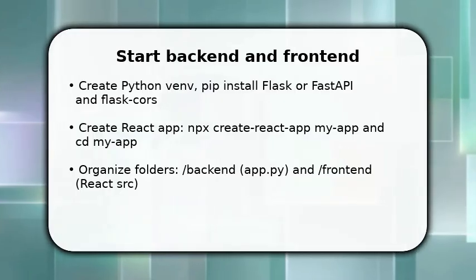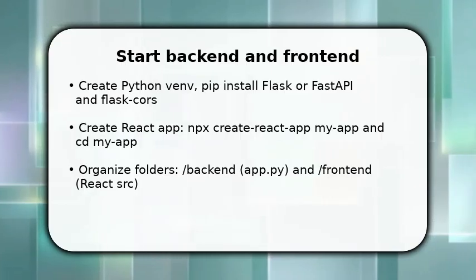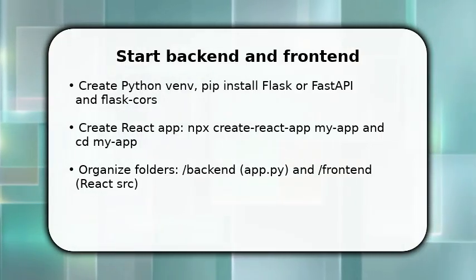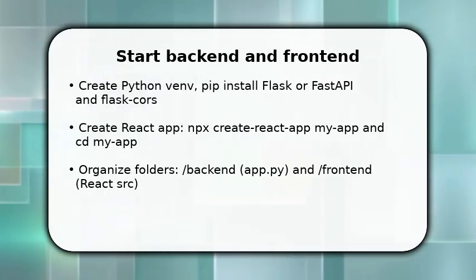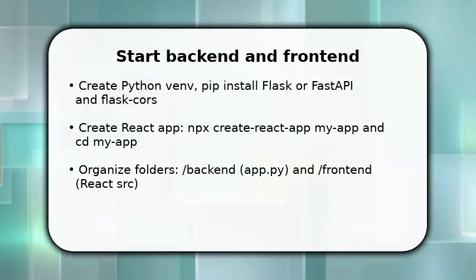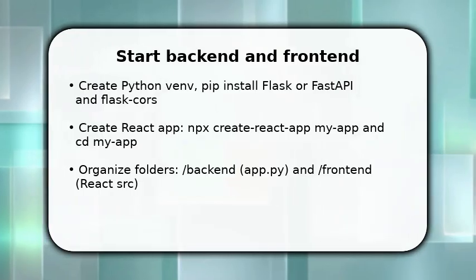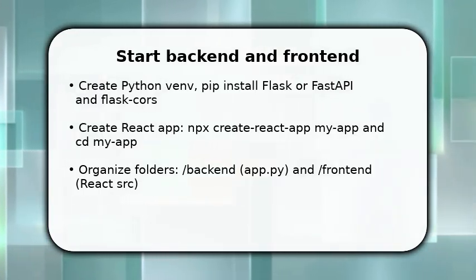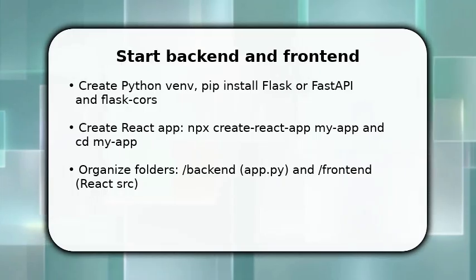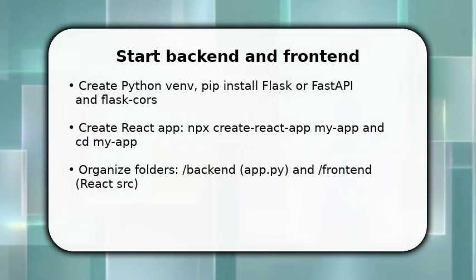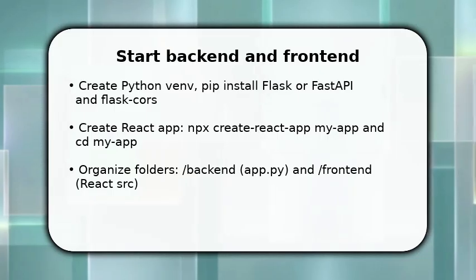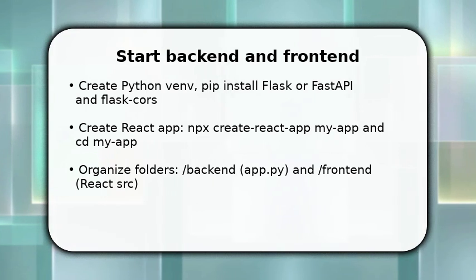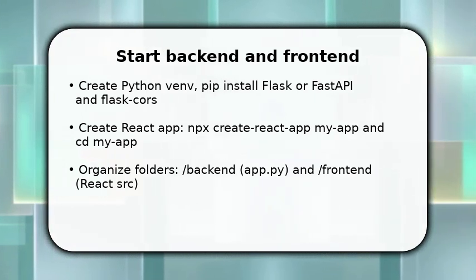You'll begin by preparing both runtime environments so you can iterate quickly. Create a Python virtual environment, pip install Flask, or FastAPI and Flask-CORS, and scaffold a React app with npx create-react-app. Next, place a minimal app.py in a backend folder exposing a simple route that returns JSON. Enable CORS so the React dev server can call it. Once done, run the backend Python app.py and start the React dev server with npm start so both are live